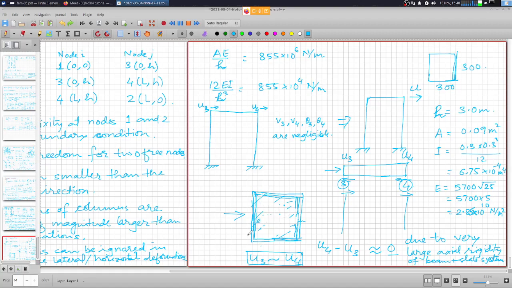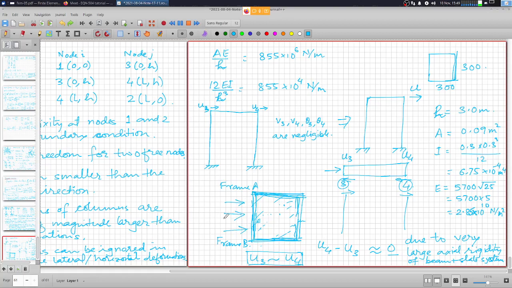Now you can see that in the plan you will have one portal frame, and this is another frame. This is frame A and this is frame B. What we are seeing here could be either frame A or frame B. That's a plane frame. Now this load that is coming on the slab system will have to be distributed among frame A and frame B. These are the two frames which share this load.